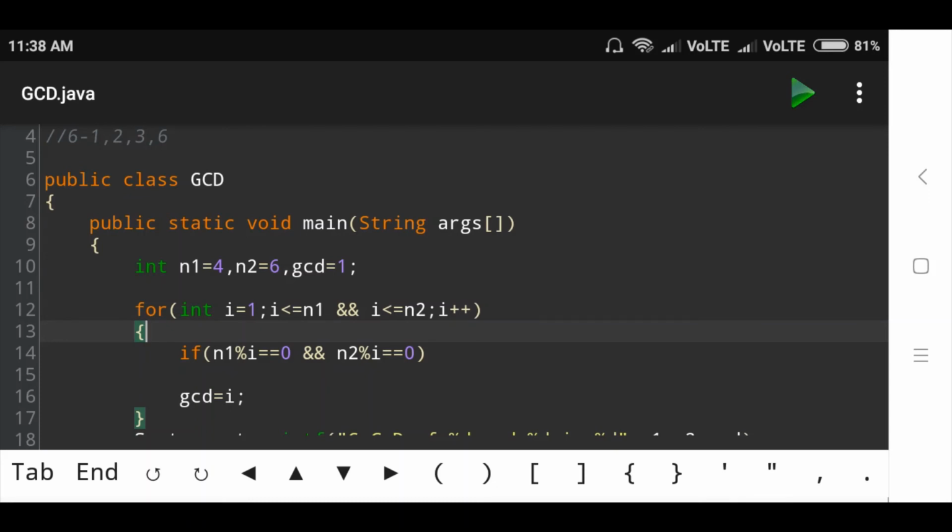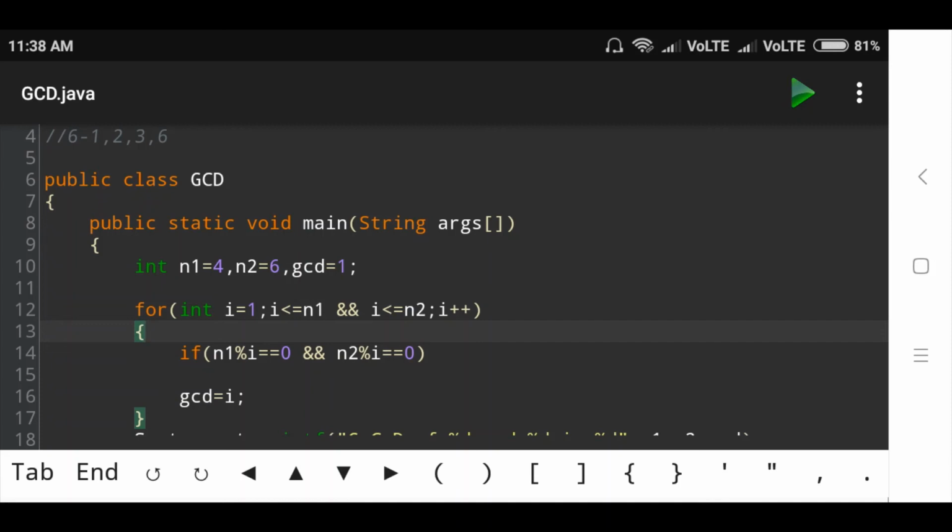So next condition, I is less than equal to n1. So here the number I will take is 4. So the first condition is stop, and then the second condition, I is less than equal to n2. I value is 5, 5 less than equal to 6. So condition is true.